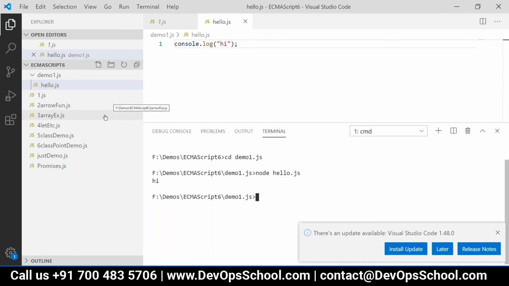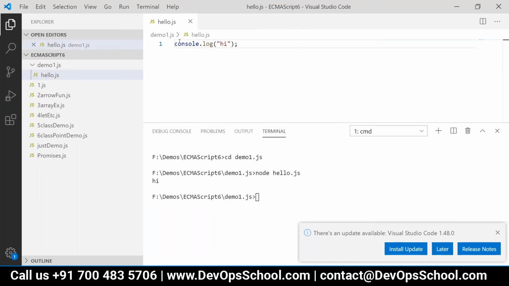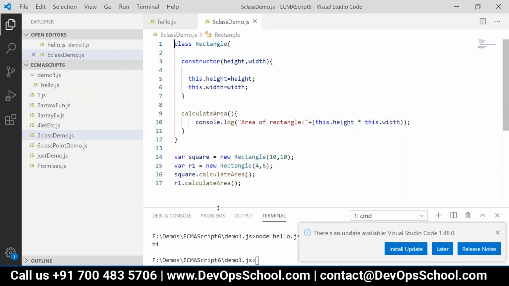Now let us use let. Let us create a class Rectangle.